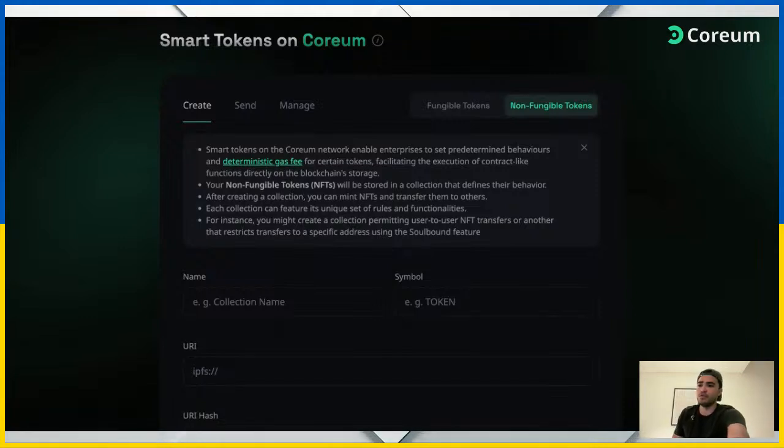let's see how you can use the Token Hub to bootstrap your own project, right? The source code being open source, what I would suggest as a developer, if you're looking to interact with Smart Token from your own user interface or backend, is to go to the Coreum Foundation, find the Token Hub repo, and look into those folders. So, for example, let's look at